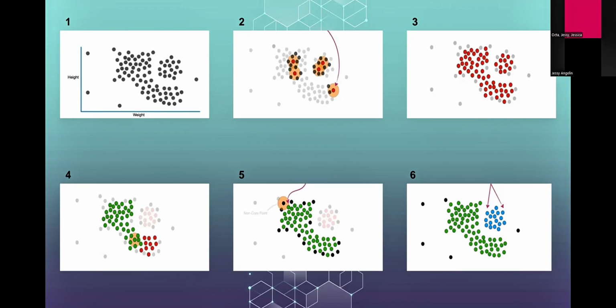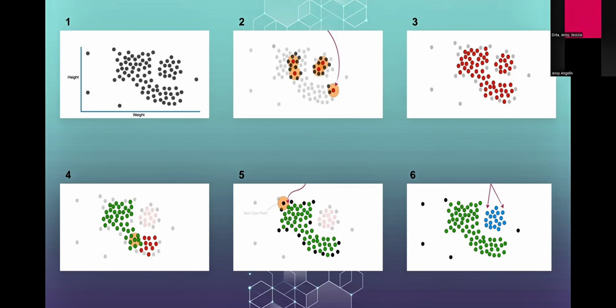Next, the third picture shows all the core points that have overlapped 4 or more close points. Core points are the red points. Now, in the fourth picture, a random core point will be chosen as the first cluster. Then, core points that are close to the first cluster will also join the first cluster. This will extend to all the core points that are close by. All of them will be assigned as the green points, which is the first cluster. After that, we see in the fifth picture, the black points are the non-core points that will also join the first cluster. This is because they are close to the first cluster.